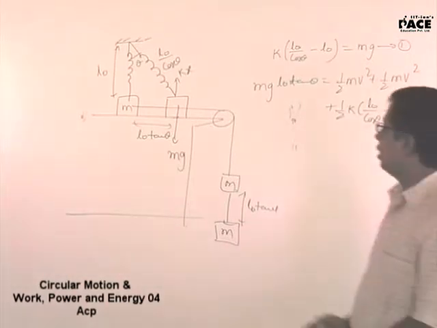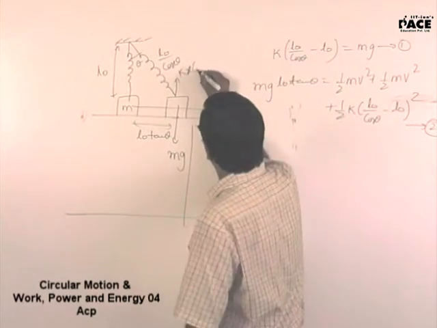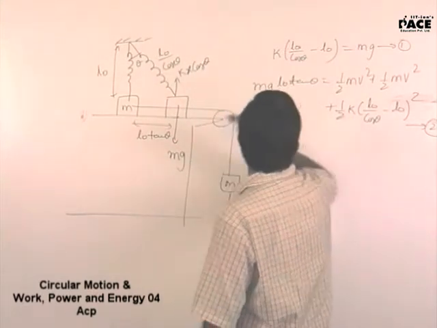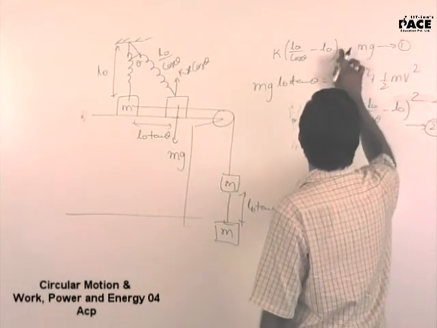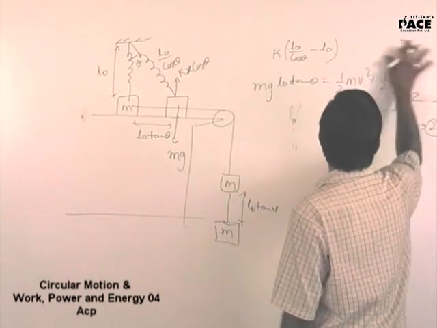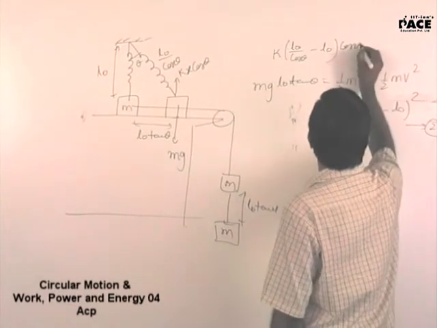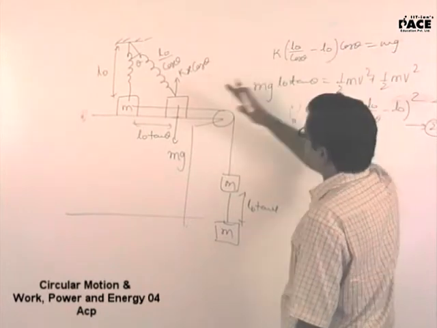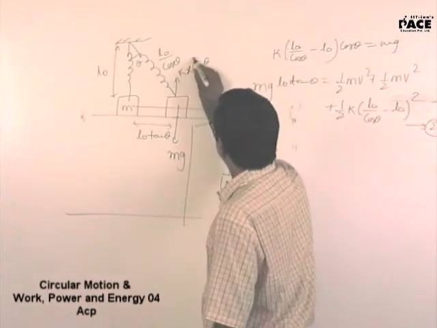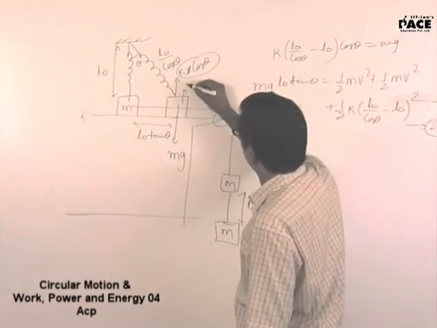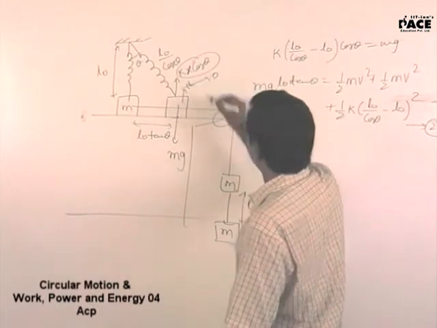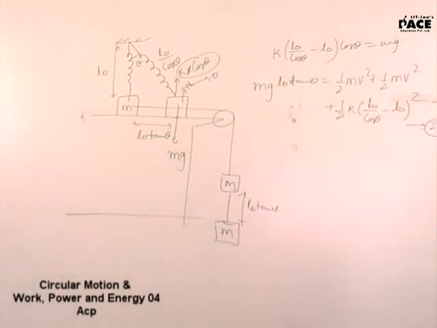Have a look. Kx is in this direction. Kx cos theta is the force in this direction. So I will have to multiply this with cos theta is equal to mg. Quite obvious. Kx is in this direction. Kx cos theta plus the normal force should be equal to mg. Normal force is 0. He is right. Resolve the force in the vertically upward direction.